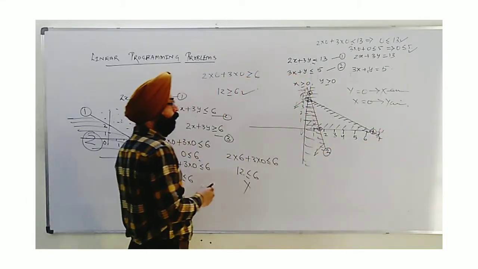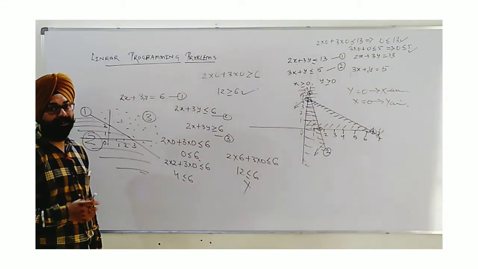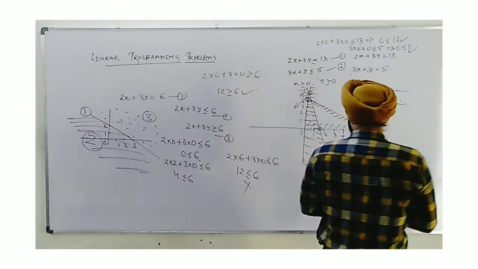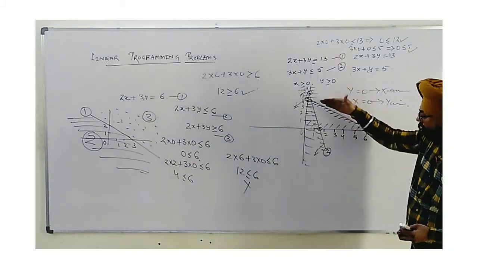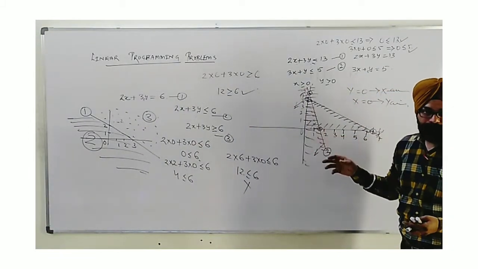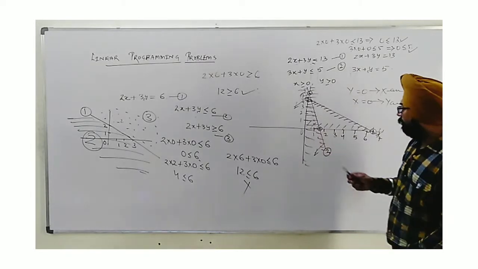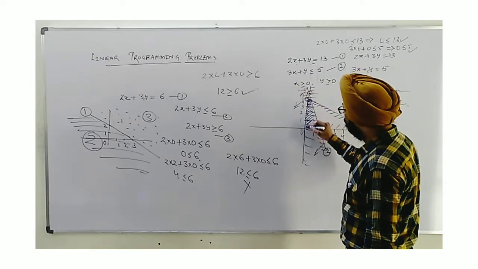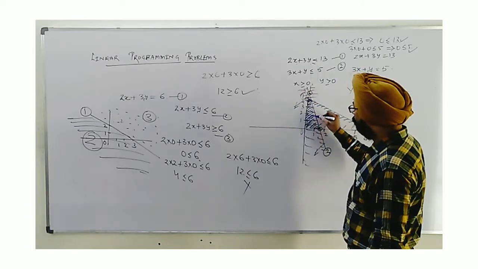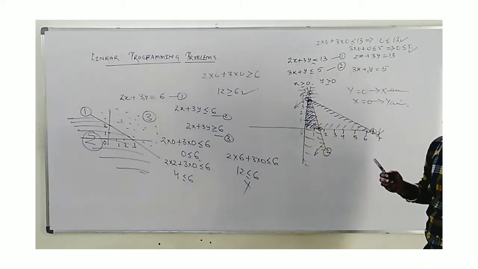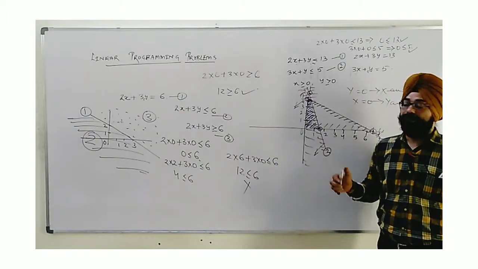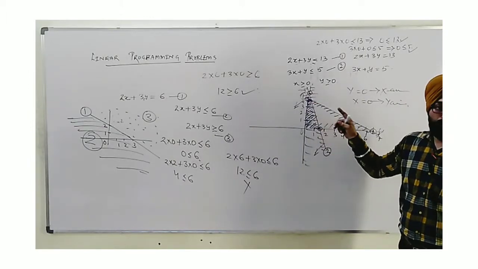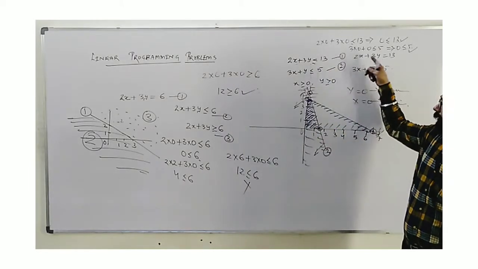Now we have to observe which one is the commonly shaded region. What I mean to say actually, how to find out, this also will help out. Here we have to see where all these lines of shading are meeting. They are converging. So I find this is the commonly shaded region. This one is the commonly shaded region. You can see this satisfies all the inequations given. The commonly shaded region actually represents those points. This region includes infinite points actually. Okay, so this includes those points which satisfy all the inequations.